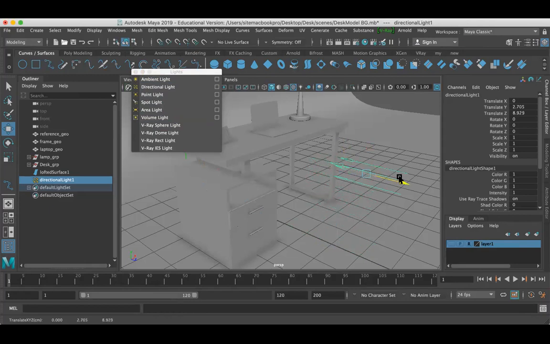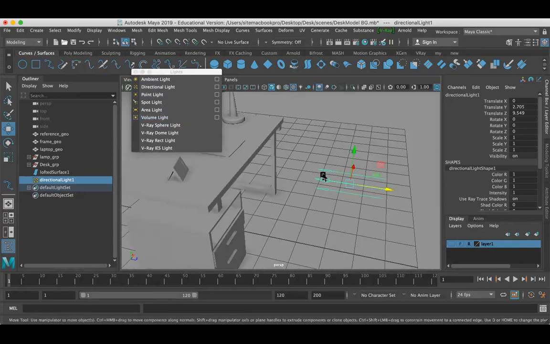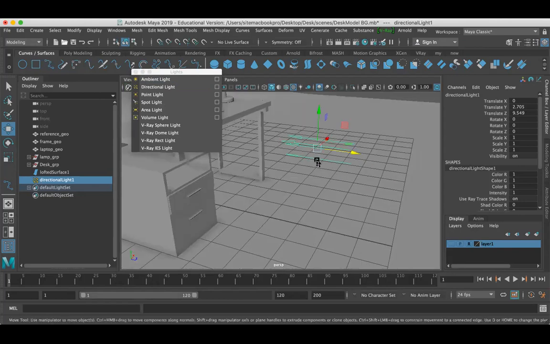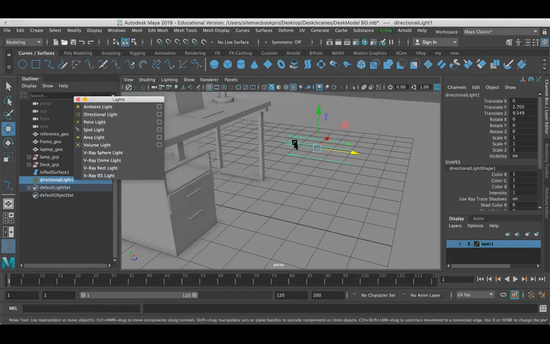Now I have a directional light. It is similar to sunlight, so whatever the properties of the sun, it works similarly. The light emits in one direction. You can see here the arrows. The light just emits in a single direction, not in multiple directions. In the ambient light, you can see the light was emitted in all directions, right? In the directional light, you can find the light emits only in one direction, which is facing towards these arrows.